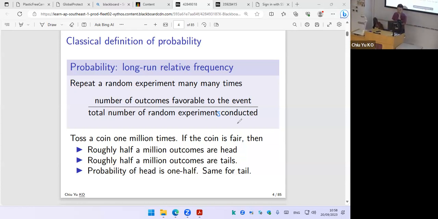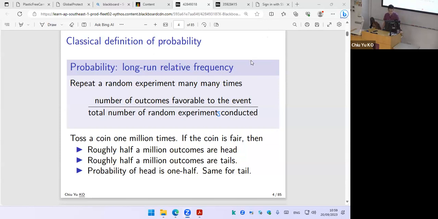We will use this kind of fact to define our axioms. Later we'll talk about the axioms, and what we discuss will be all consistent with this classical definition. We will extend it more because we want to use the definition from math to derive a lot of formulas. Everything we learn, the generalized version, will be consistent with what we have done, because we don't want to do experiments all the time to do the calculation.